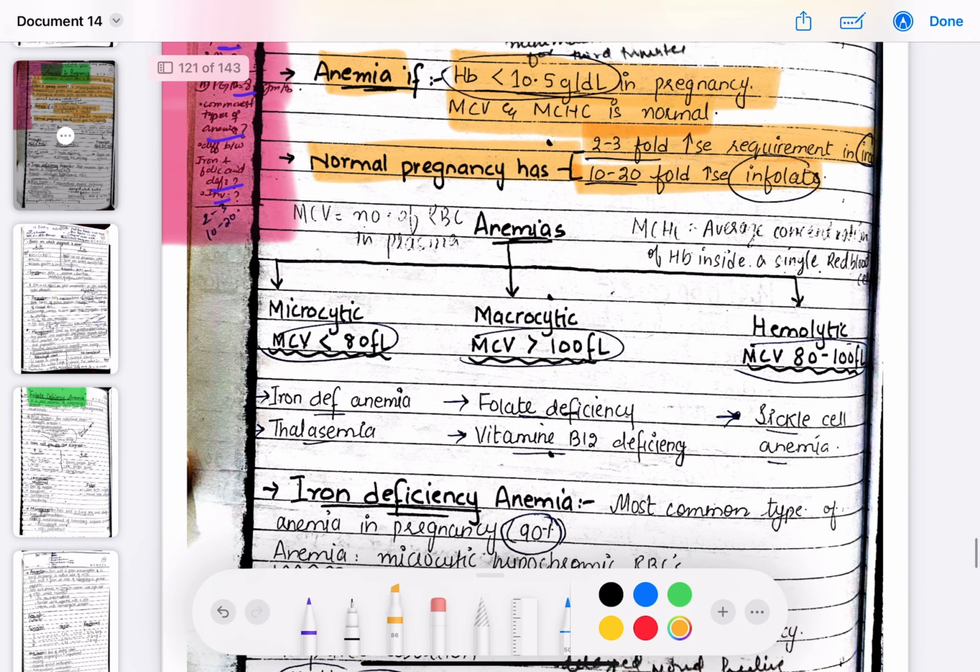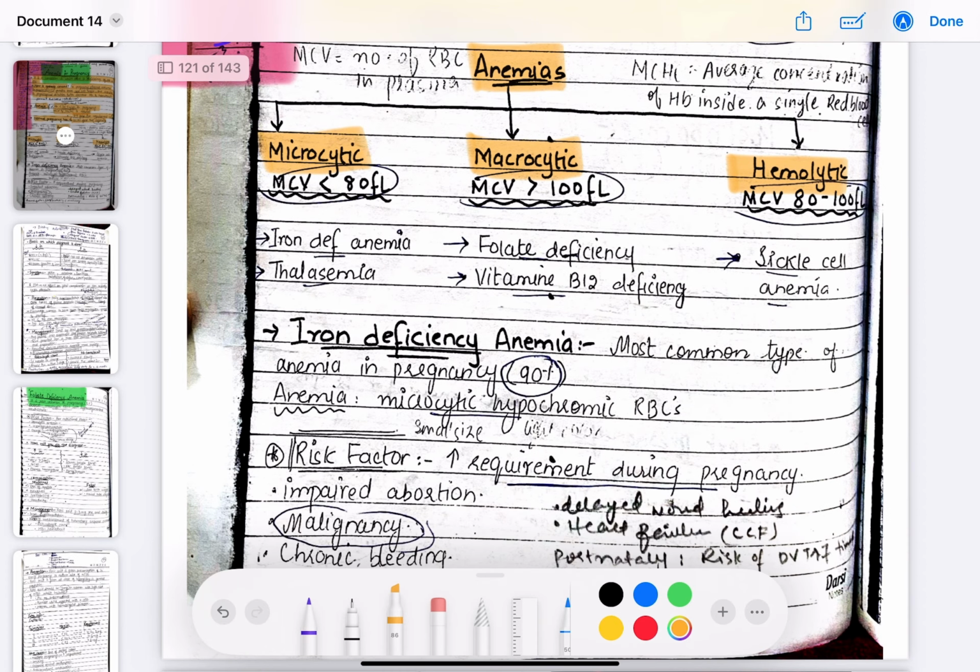Now we are having different types of anemia. These are microcytic, macrocytic, and hemolytic anemia. The microcytic anemias are MCV less than 80 femtoliter. There is iron deficiency anemia and thalassemia. The macrocytic anemias are folate deficiency anemia and vitamin B12 deficiency anemia. And the hemolytic is sickle cell anemia. In macrocytic anemia, the MCV is greater than 100 femtoliter, and in the hemolytic, the MCV is 80 to 100